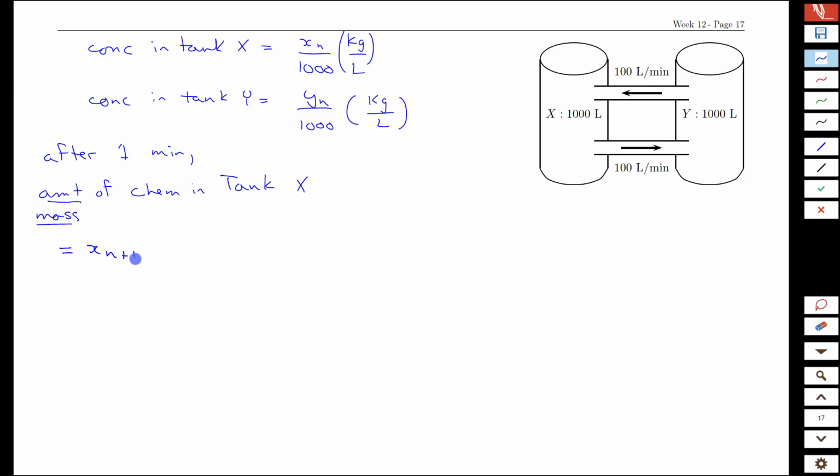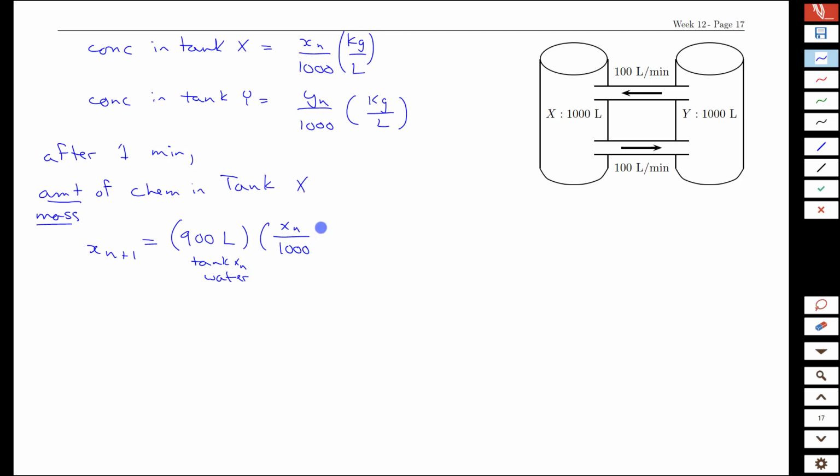I'm going to put the equals there. xn plus 1 is how much chemical is in this tank 1 minute after we track these concentrations here. Well, how much are we going to have? Well, we're going to have 900 liters of tank X water, tank XN water,